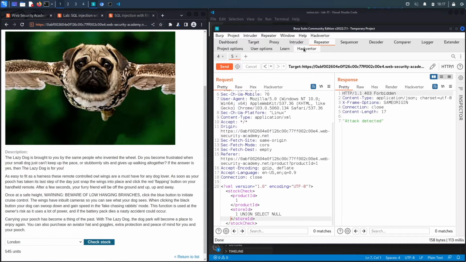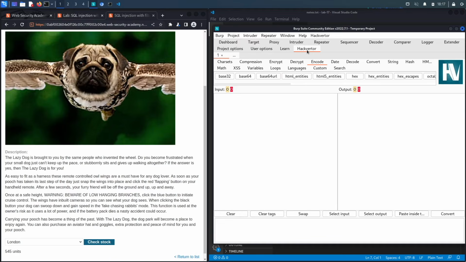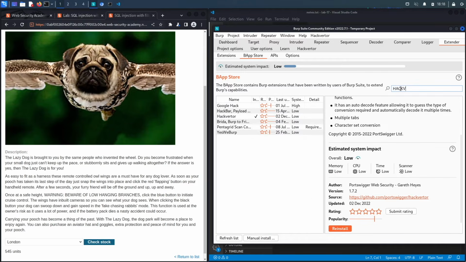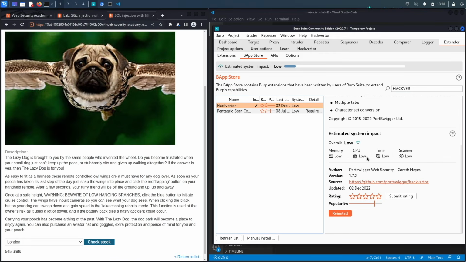And to do that, we're using an extension called HackVerter. If you do not have the extension installed on your Burp because it doesn't come installed by default, you need to go to Extender, select the BApp Store, and then search for HackVerter over here. Click on it, and then go down and click on Install. I already have it installed, and so what I'm going to do is I'm just going to go back to Repeater,